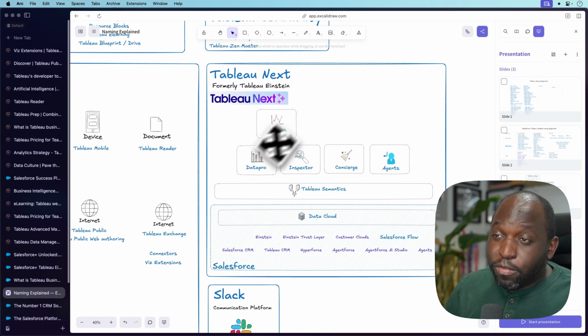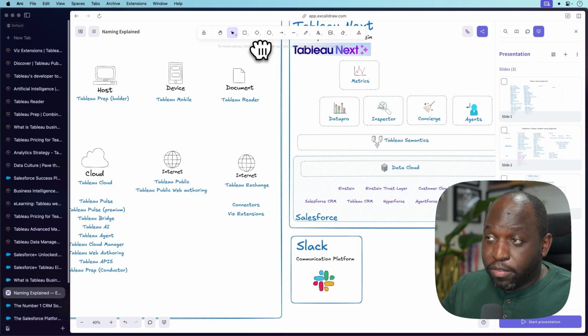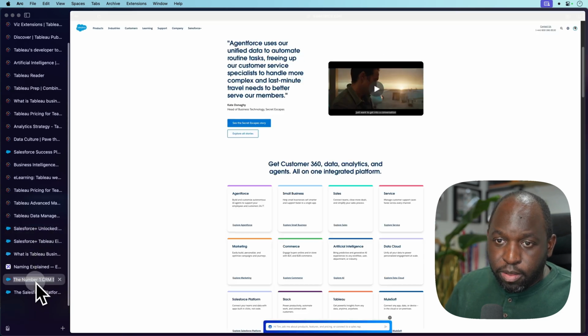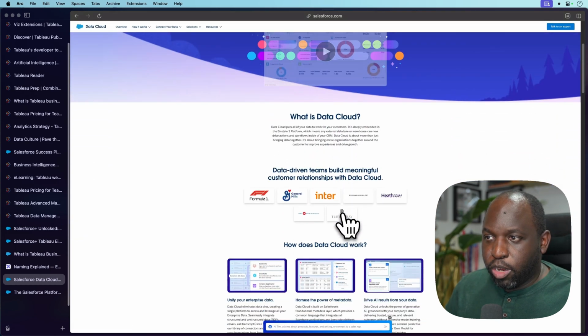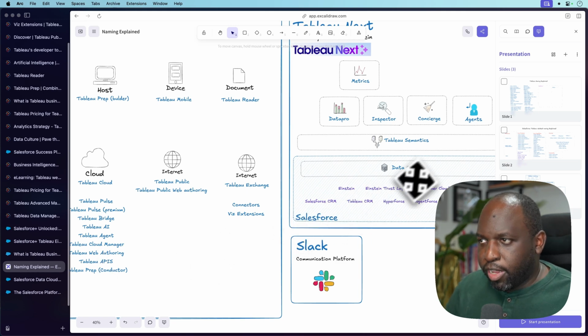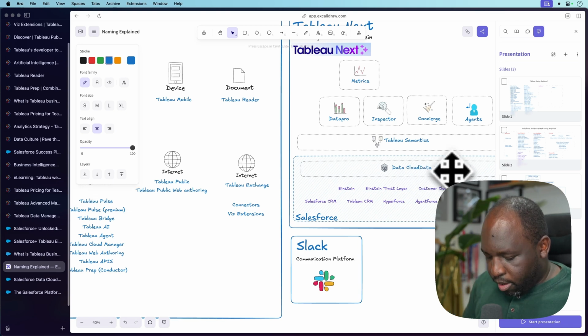Now, Data Cloud is funny, because, and this is a little bit hard to explain, Data Cloud is exclusive to Salesforce itself. If you go look at the Salesforce website, let's go ahead and do that. And let's look at some of the other stuff. Here we go. If I look at the Salesforce website, you'll see that Data Cloud is a product here. If I click on that, it tells me all about Data Cloud and what it can do. There is a specific variant of it for Tableau Next. Okay, so Data Cloud for Tableau Next is an actual thing. So you have Data Cloud, and if I do this and I say Data Cloud for Tableau Next,